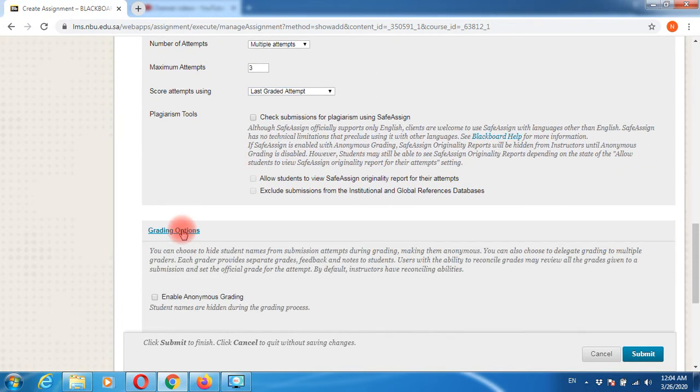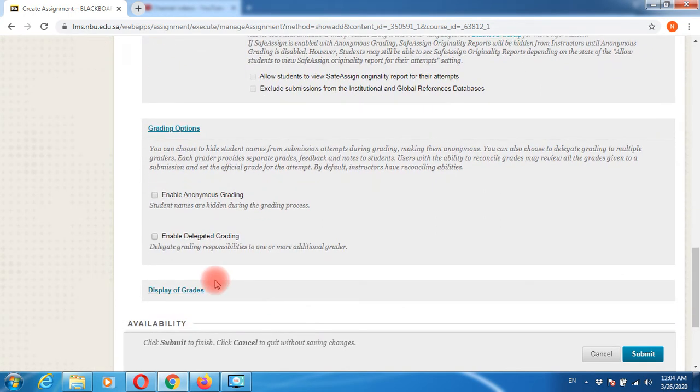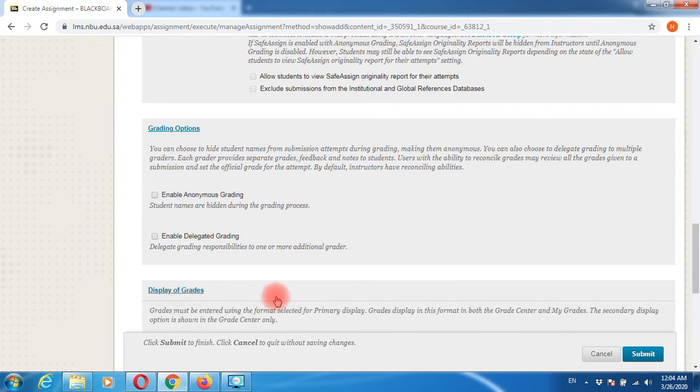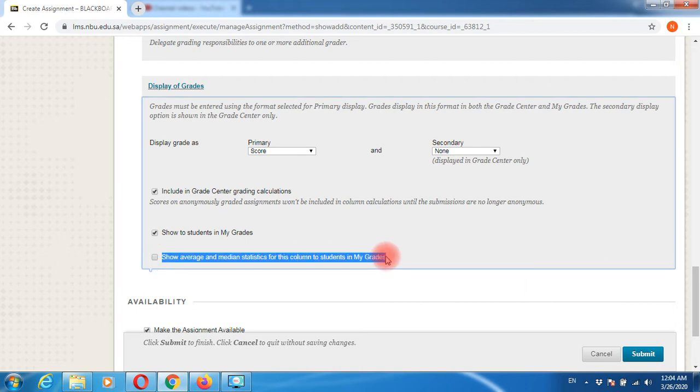till you come to grading options. Expand this, and you don't have to do anything in this section. Let it be default. Click on display of grades, and I see that many faculty members, or a few of the faculty members, selected this checkbox. The moment they select this checkbox, automatically the student grades will appear with numerical values